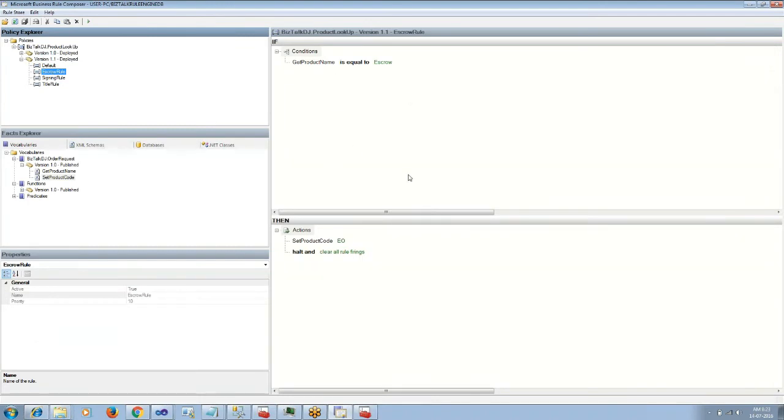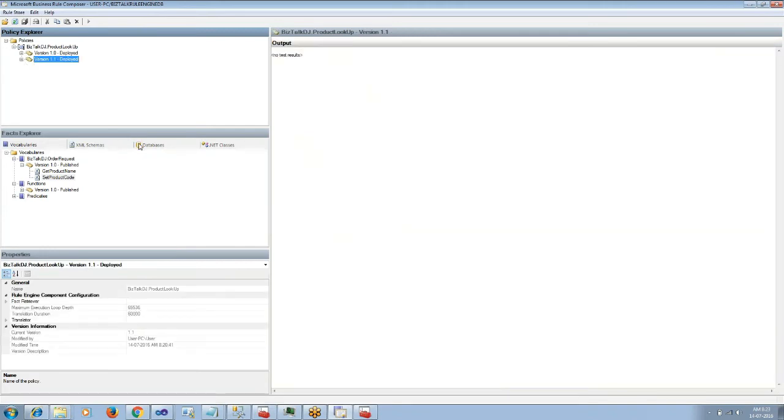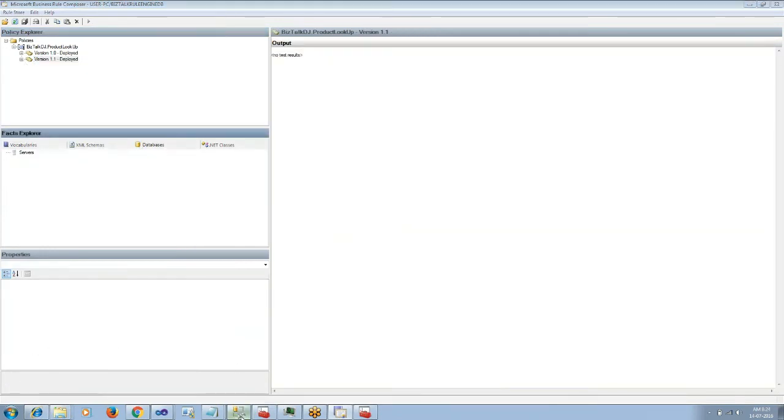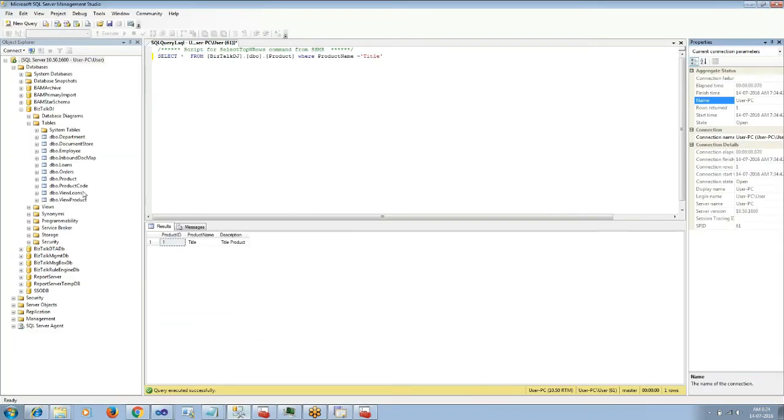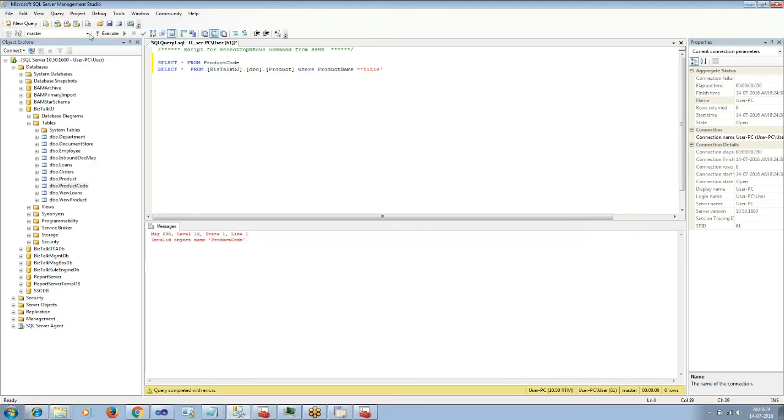Now let us try to use a database fact to do the lookup. So we have product and product code, when we join from the query to fetch the update.